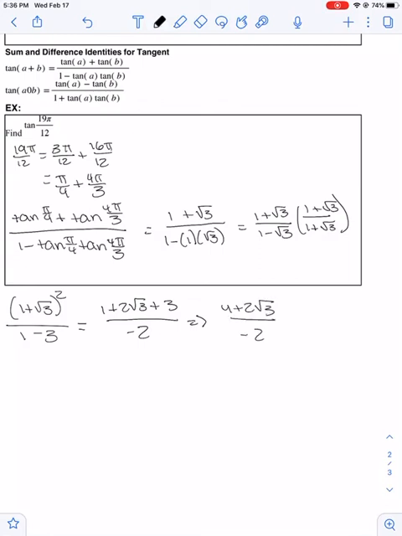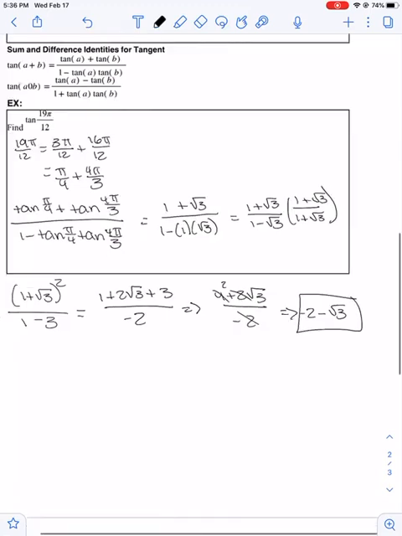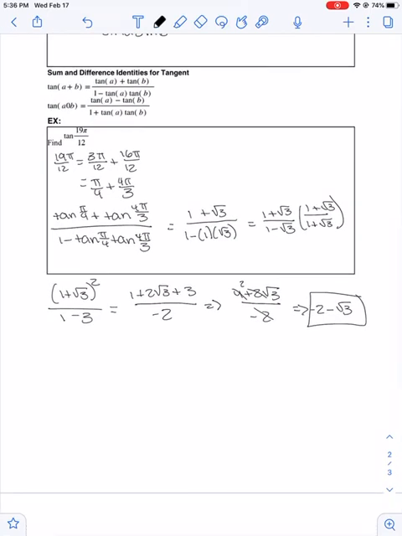Simplify the top. I get 4 plus 2 square root 3 over negative 2. And then here I can cancel or simplify these 2's. That 4 becomes a 2, but I still have to remember that negative from the denominator. So this is going to equal negative 2 minus square root 3. And that is using this formula and fully